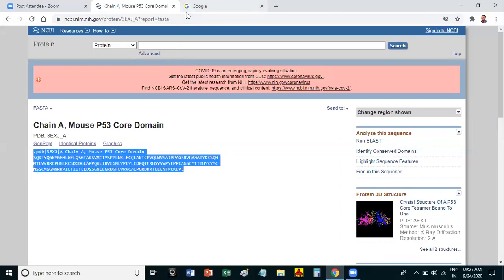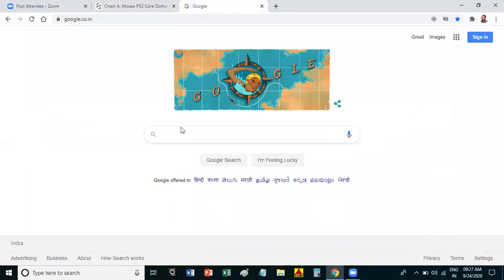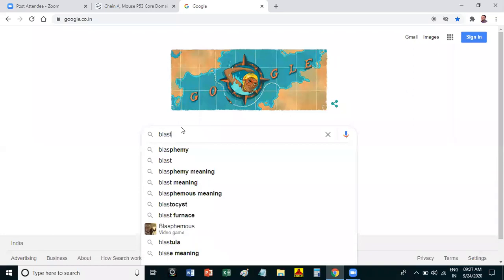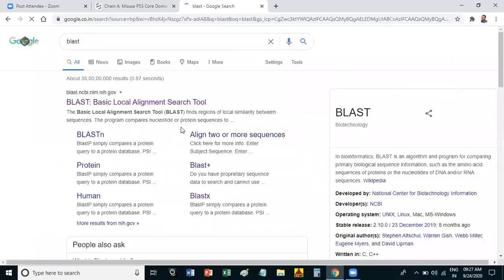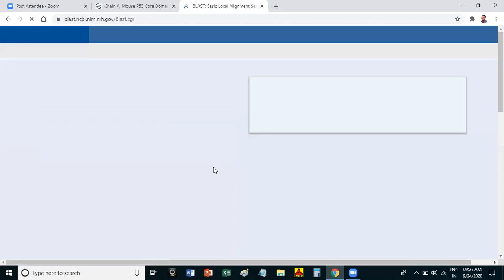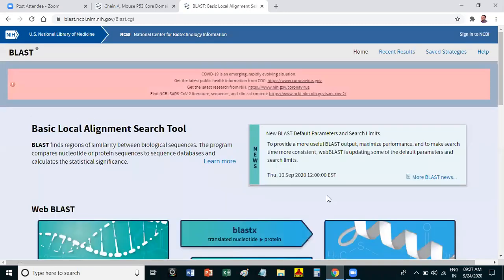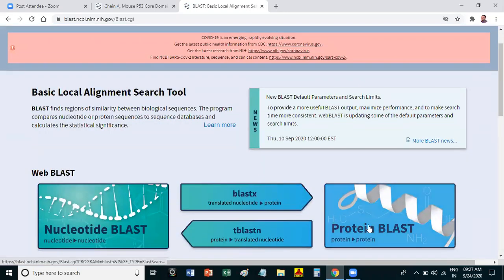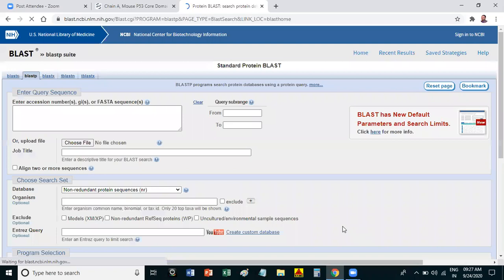Then go to the blast programming window and search for protein blast. This protein blast will search a protein query against a protein database.